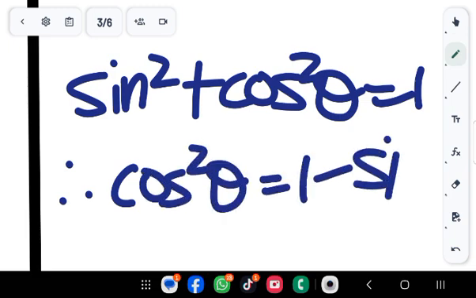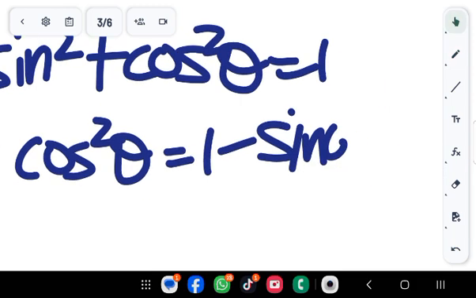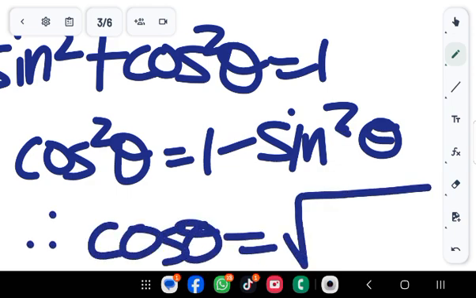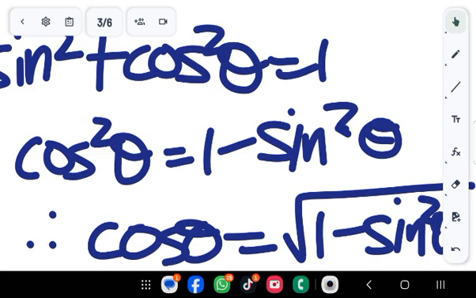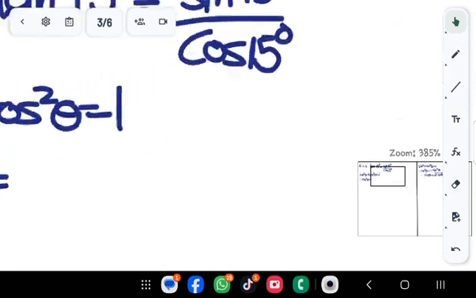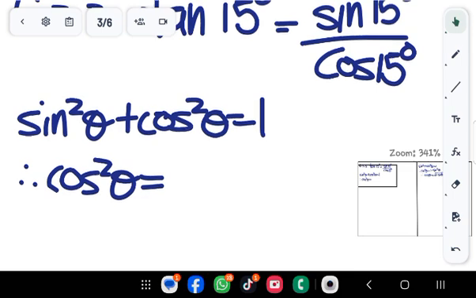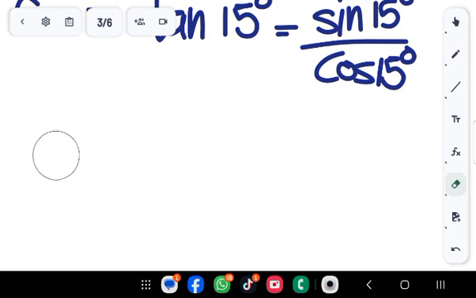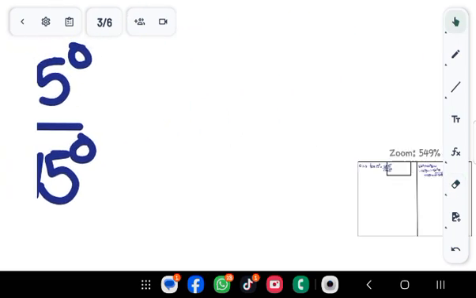So cos squared theta can be expressed as 1 minus sine squared theta, which therefore means cos of theta can also be expressed as the square root of 1 minus sine squared theta. So meaning that cos of 15 can be expressed as the square root of 1 minus sine squared of 15. All right, so that is equal to